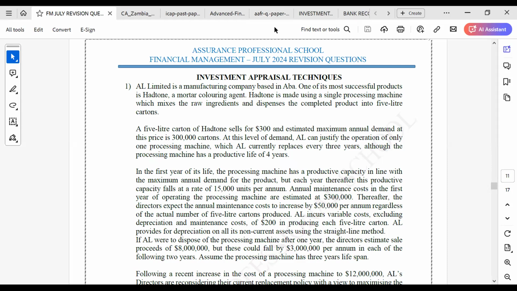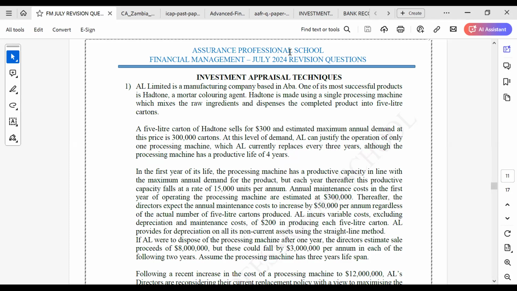a situation where the company wants to undertake so many projects, but the funds are not there. Or they can also ask you questions on a normal investment appraisal technique, which can be the NPV with inflation, NPV with issues of capital allowance and other issues. Or they can also ask you a question on the internal rate of return, accounting rate of return, and they can also ask you a question on payback period or discounted payback period.